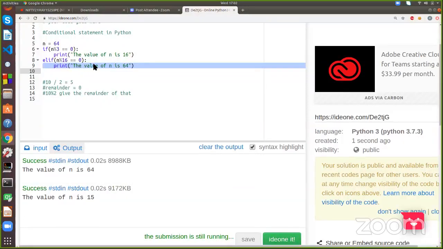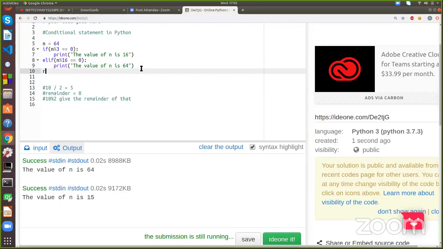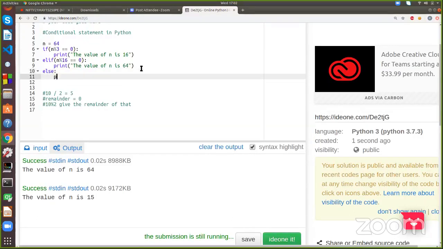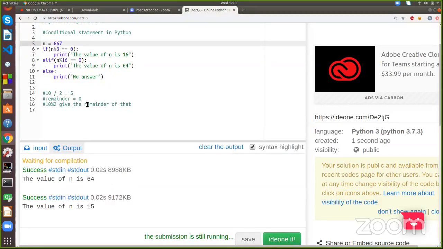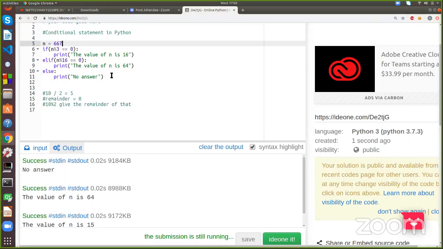No, else and elif are not the same. Here also we need to write a statement under the block. Therefore we have used elif. अगर हमें स्टेटमेंट नहीं लिखना पड़ता तो सिंपल हम लोग else यूज कर सकते थे. That else, print no answer. For example, I consider the value of n as 6667. So it will print no answer. See here, we got the output as no answer.